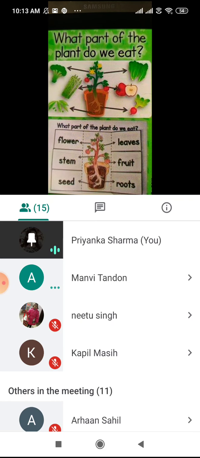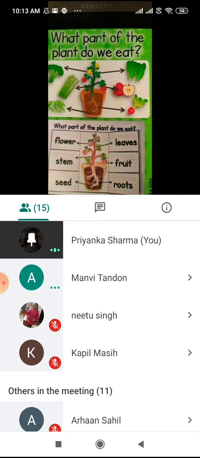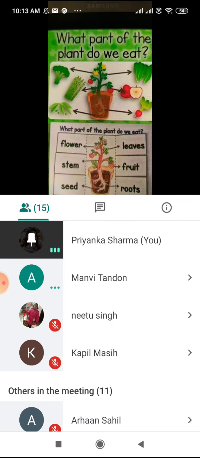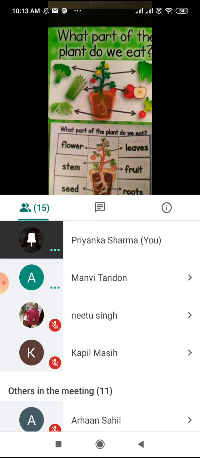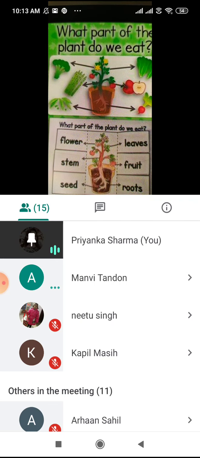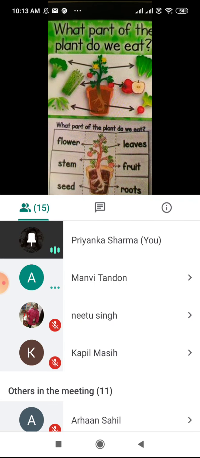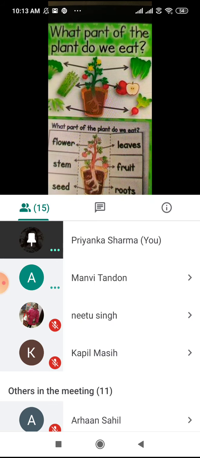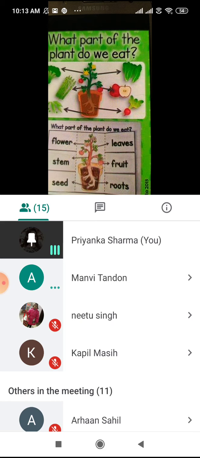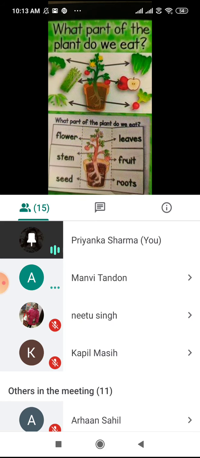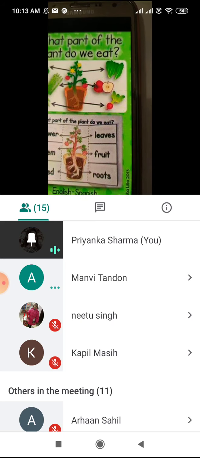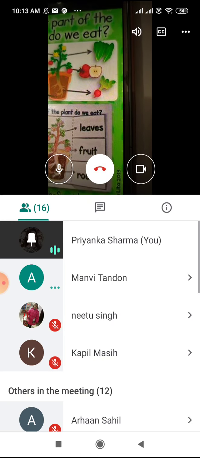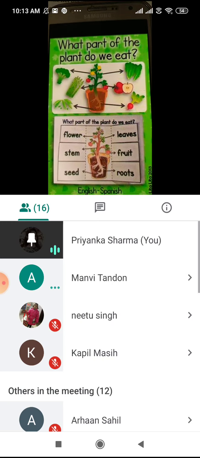Similarly, when we eat broccoli, we are eating again the fruit. When we eat pea, beans, we are eating the roots, and when we eat sugarcane, we are eating the stem of the plant. So there are different parts of the plant that we eat. Okay, similarly, are you getting it, all of you? Can you see this diagram?